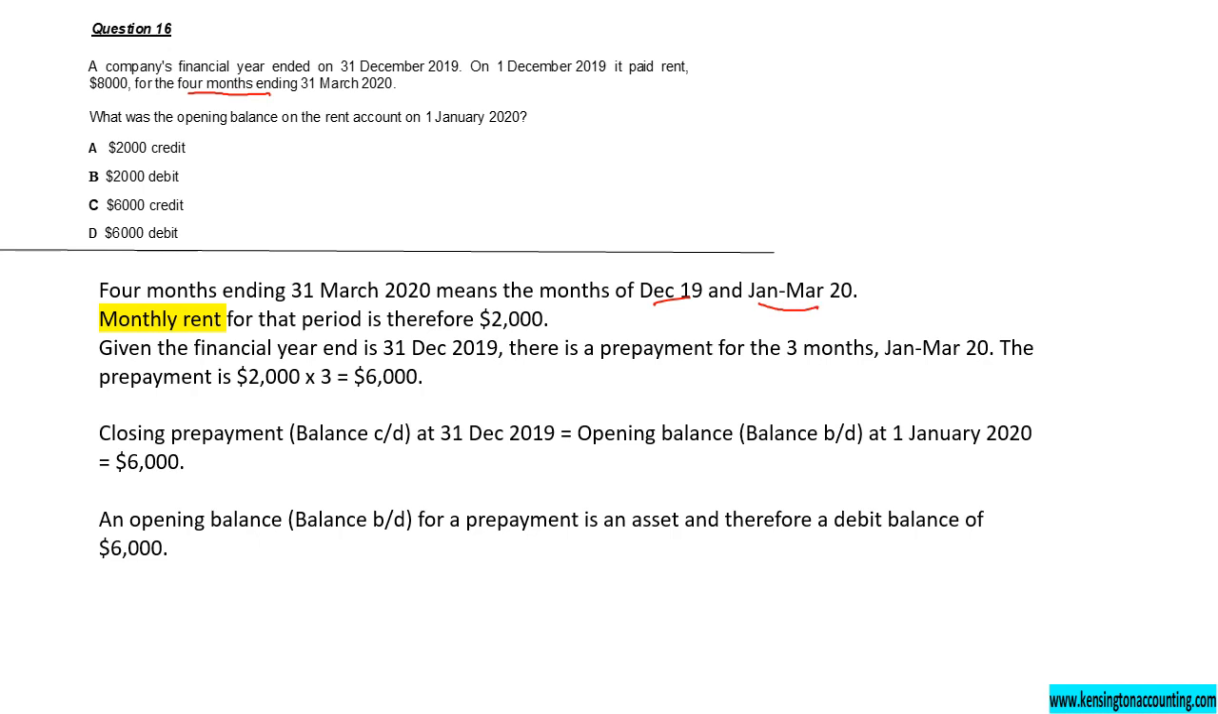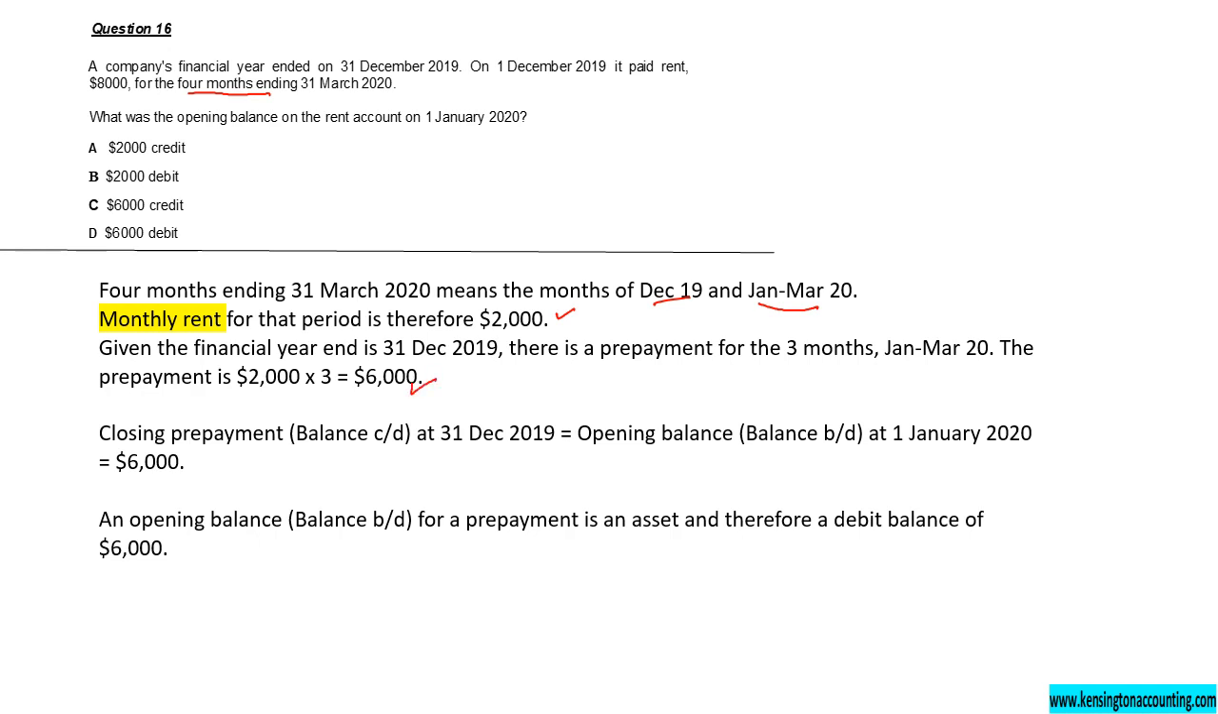Now, it paid 8,000 for 4 months. Therefore, the monthly rent is 8,000 divided by 4, which is 2,000. Now, what is the prepayment? The prepayment is for the 3 months, January to March 2020. Therefore, the prepayment is 2,000 times the 3 months, which is